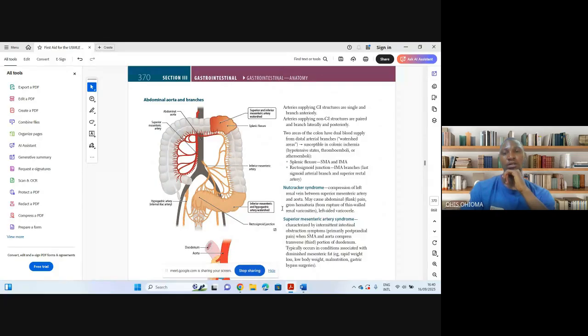Now, there are some certain areas. The blood supply to the GI tract, all of them come from the aorta. So the GI is a high pressure circulation, right? But the problem with the GI is that it has a lot of anastomosis and it has a lot of watershed areas. What do I mean by watershed areas? The distal end of a particular circulation terminates before the beginning of another one. Ideally, what you're supposed to have is that